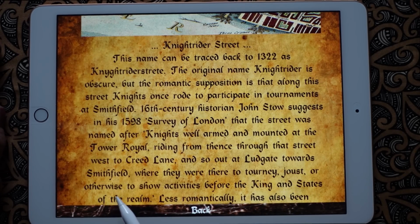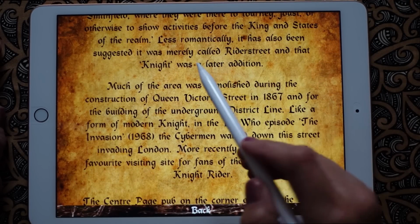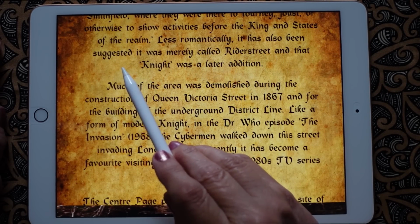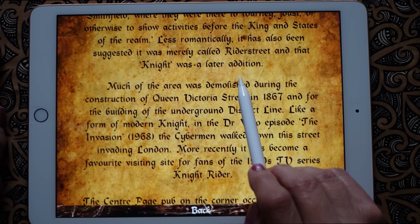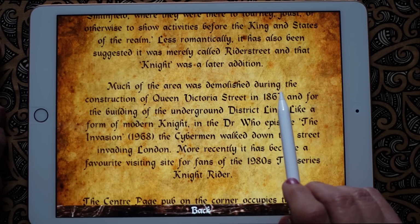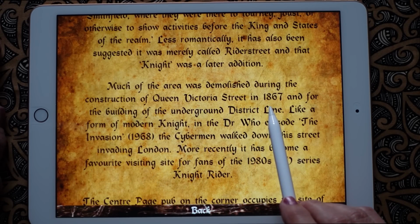housed or otherwise to show activities before the king and states of the realm. Less romantically, it has also been suggested it was merely called Ryder Street, and that night was a later addition. Much of the area was demolished during the construction of Queen Victoria Street in 1867,